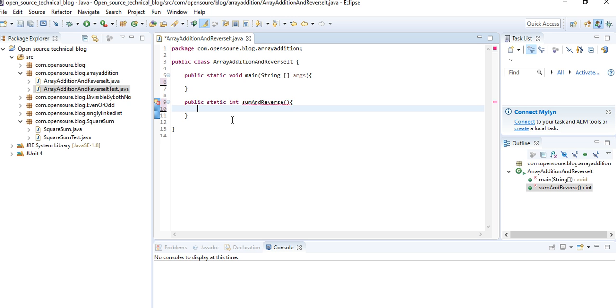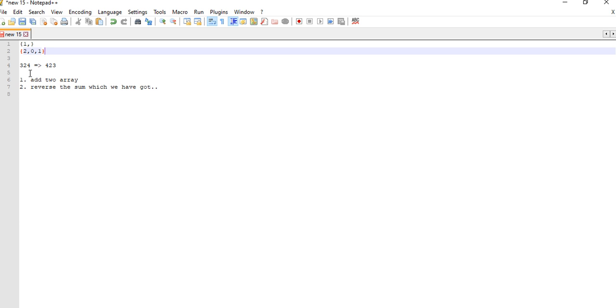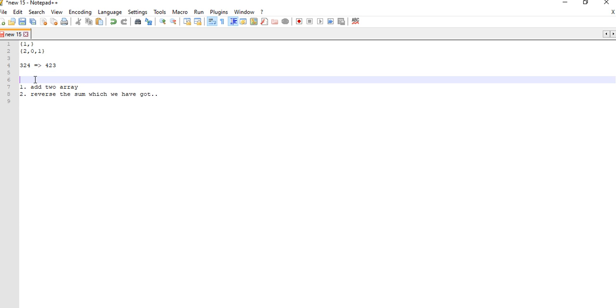So let me create a method. This method will take two integer arrays, integer array 1 and integer array 2. Then we need to get the number from the array.